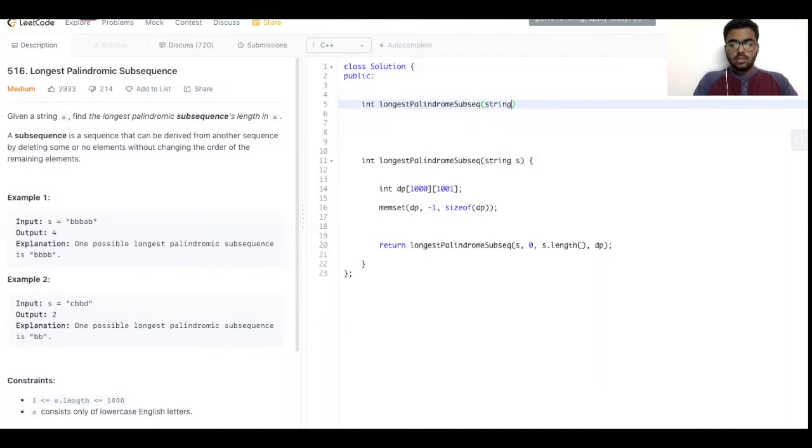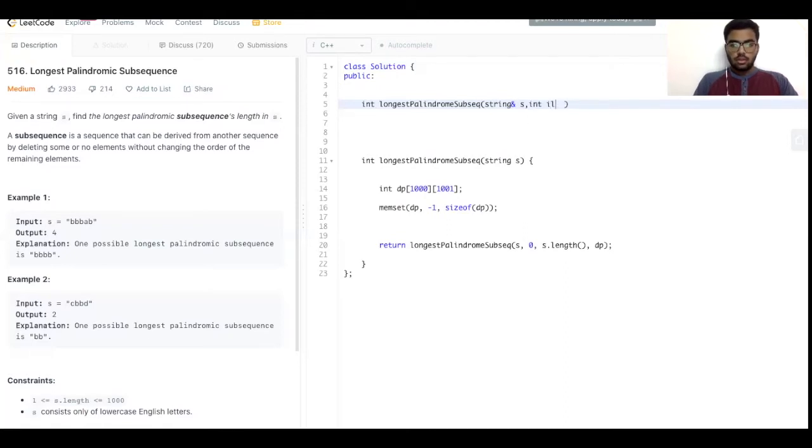We'll pass the string as a reference variable because it will give us a TLE otherwise, because the string gets reinitialized every time we call the recursion. We don't want that to happen, so we try to pass it by reference.